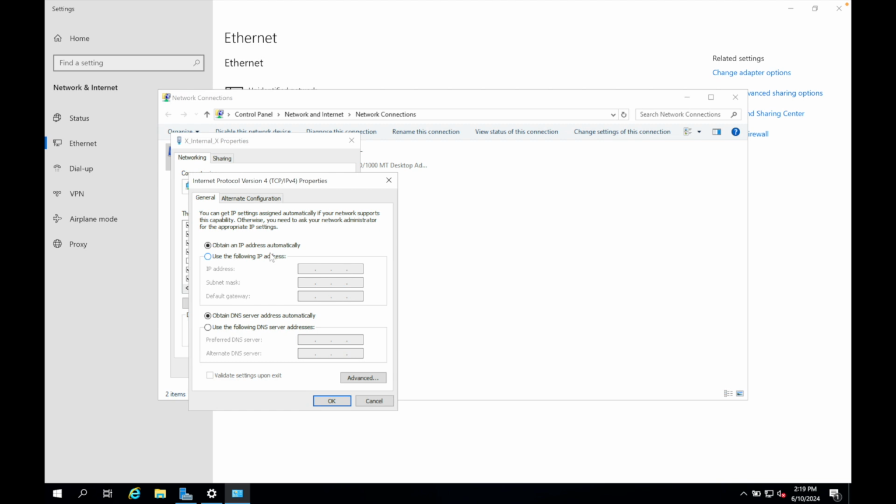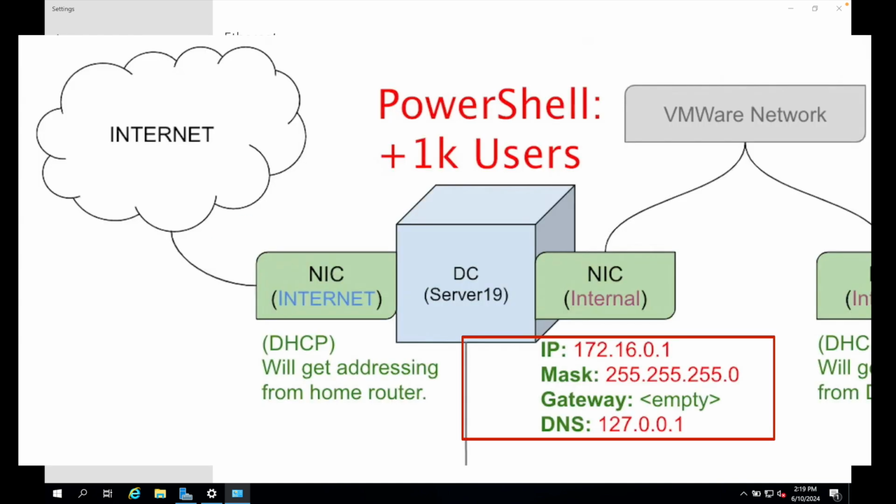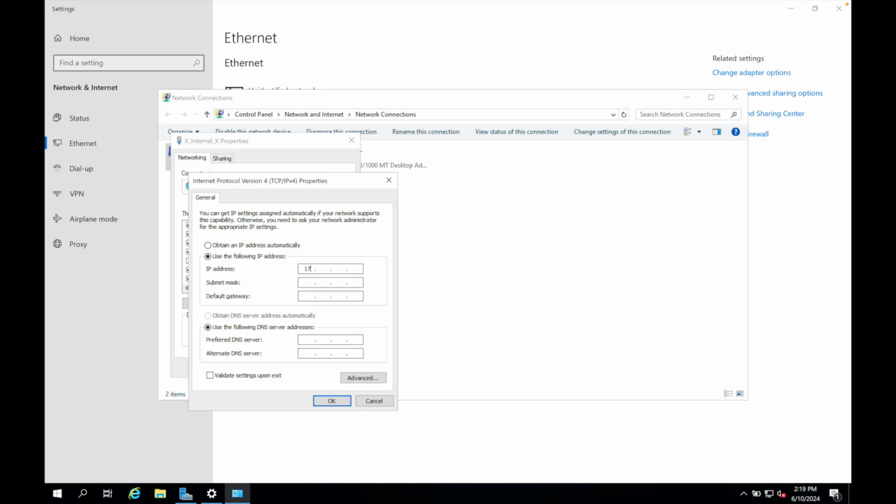double-clicking it, then click on Use the following IP address. If we look at our diagram, we're going to assign the internal NIC's IP address, which is 172.16.0.1, and enter in the subnet mask of 255.255.255.0. We will not use the default gateway because the domain controller itself is going to serve as the default